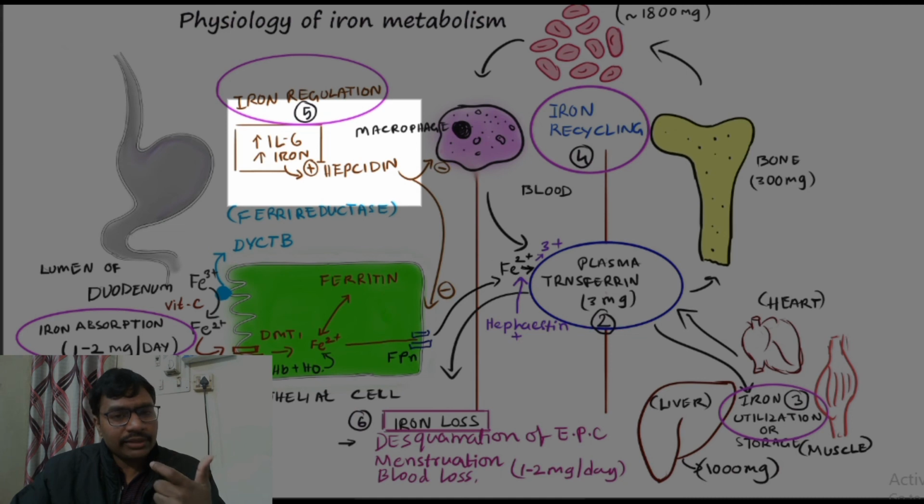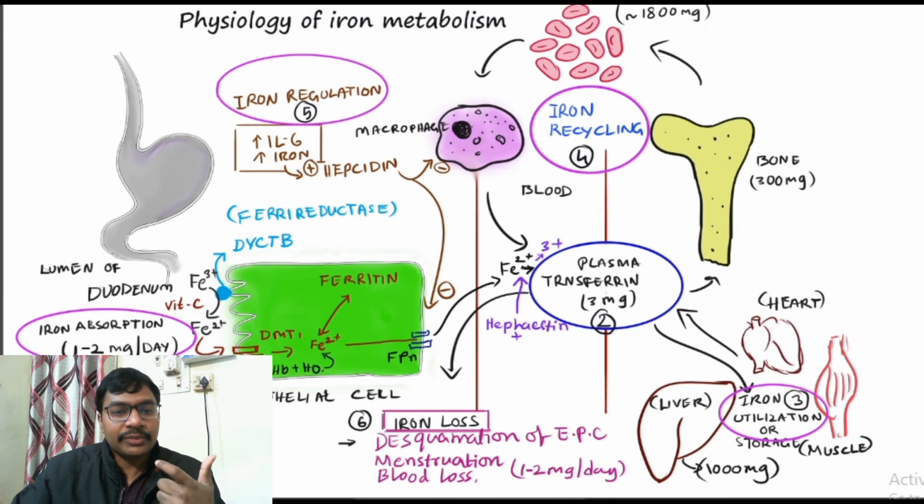So in these two conditions, there is a stimulation of the hepcidin from the hepatocytes of the liver, and therefore this hepcidin blocks the activity of macrophages and also blocks the activity of epithelial cells. Particularly, this hepcidin blocks or inhibits the function of ferroportin. Ferroportin is a transporter of the ferrous iron on the basolateral side of these cells. Right. So this is how the entire regulation of the iron is controlled by hepcidin.